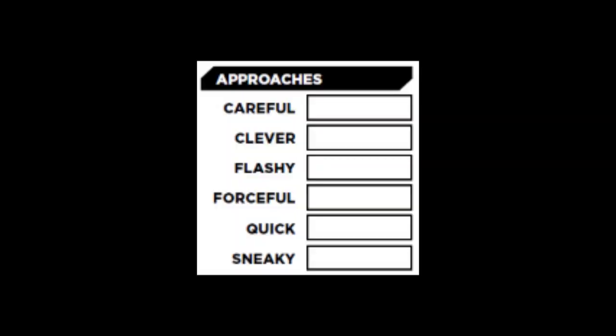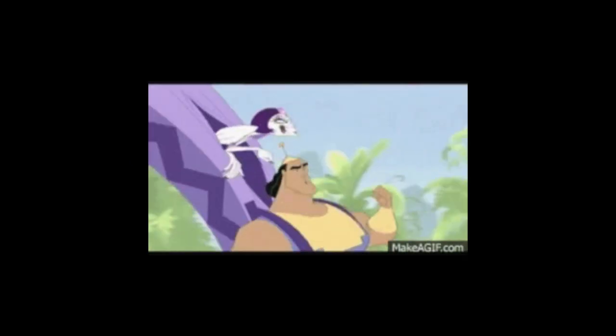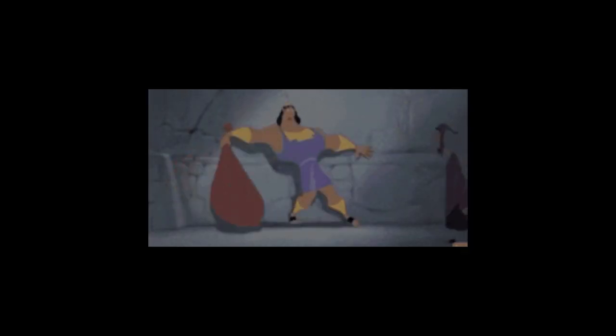Approaches replace the normal skill and stat bonus to dice rolls that players get in other systems. Instead, you and the Game Master determine how you'll attempt to do something and which approach will suit it best. They are careful, clever, flashy, forceful, quick, and sneaky. You have different values you can assign to each approach. Lastly, there are stunts. Stunts come in 2 categories. They either give a +2 to all rolls in specific situations, or enact an ability that alters the scene once